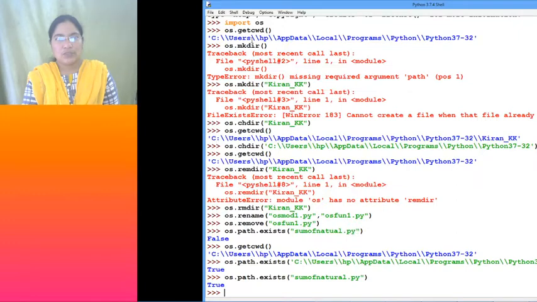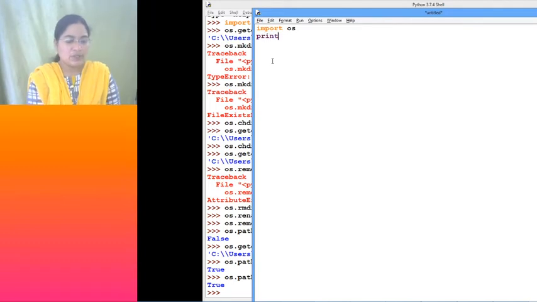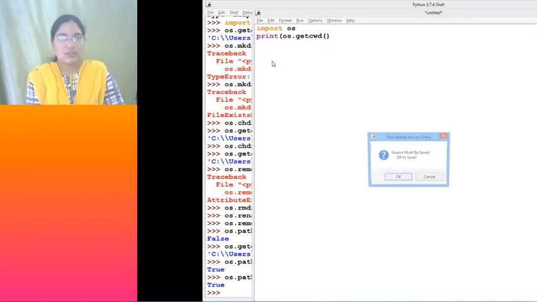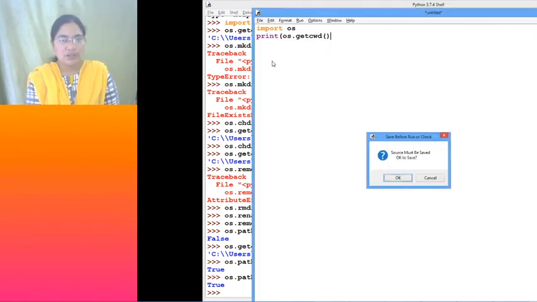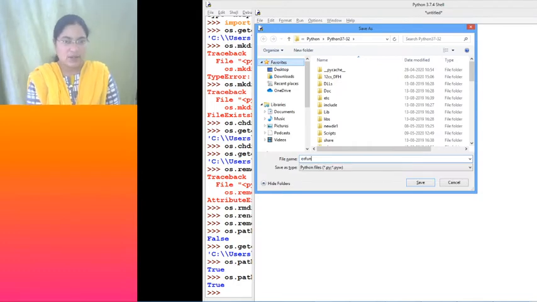So first, if you want to display the current working directory, what is the function we should use? Print, right? Print os.getcwd() will display. So now let's execute and see. So this is for os module functions. Let me name it as os functions, os fun, right?